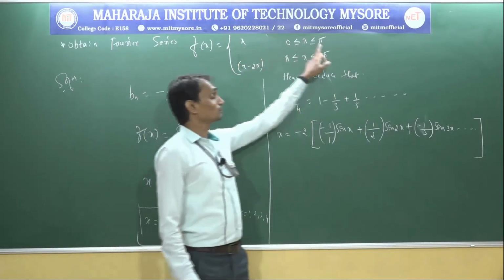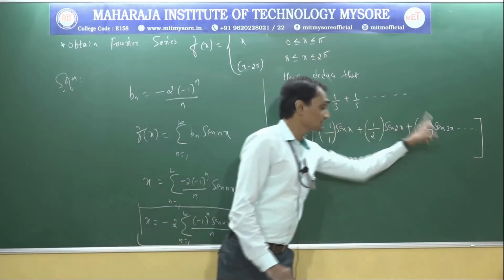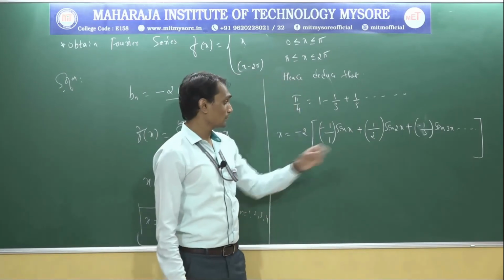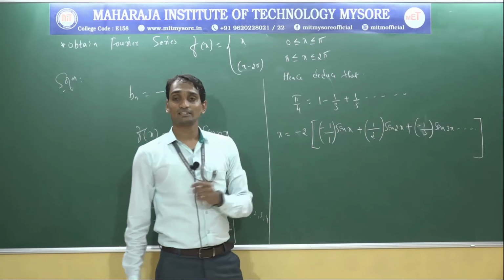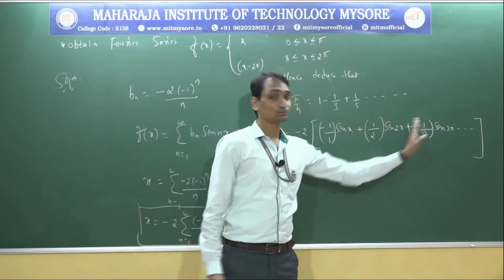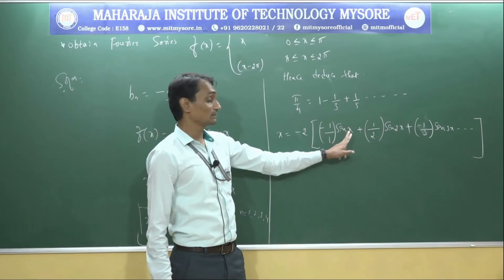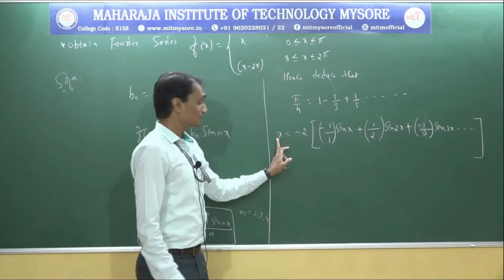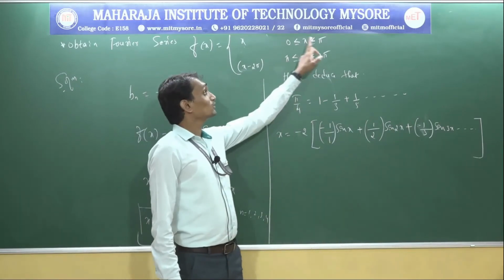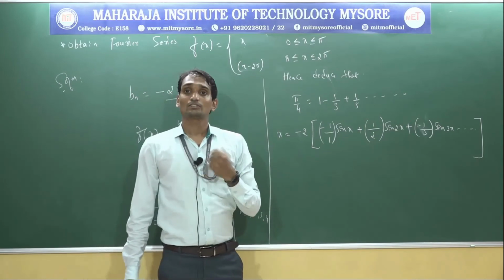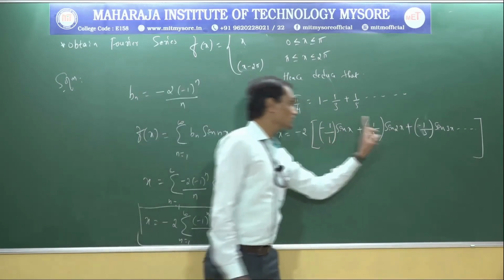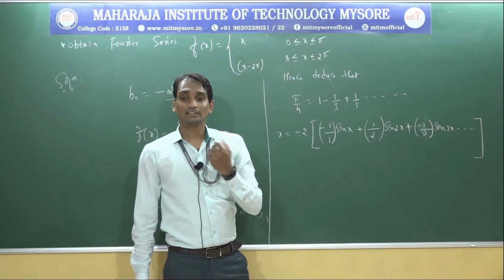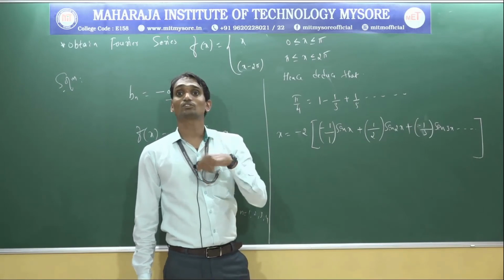The interval is from x equal to 0 to pi. Here in all the cases, sin value is there. If I take x equal to pi, this becomes sin pi. Sin pi means 0, sin 2 pi is 0, sin 3 pi is 0, so all the values vanish. We can't substitute 0 here either, because sin 0 is 0, and all the values vanish. So you can't substitute pi also. Next, in between 0 to pi we have the standard angle x equal to pi by 2.